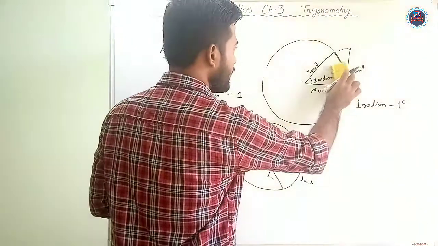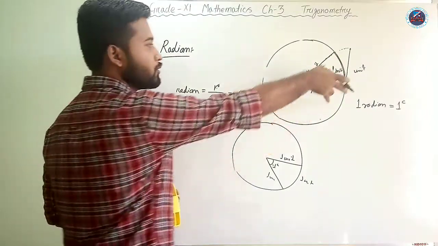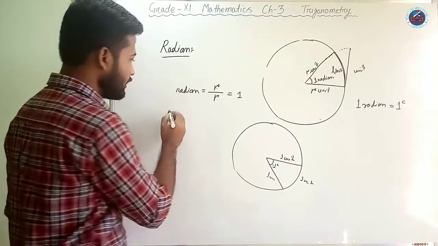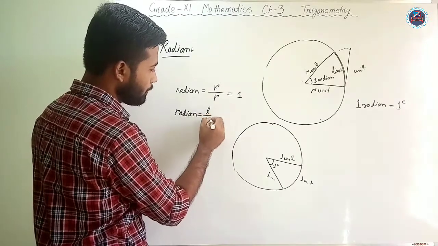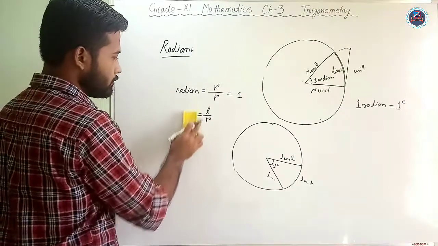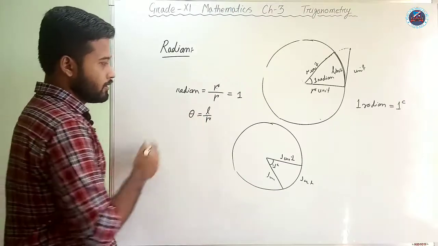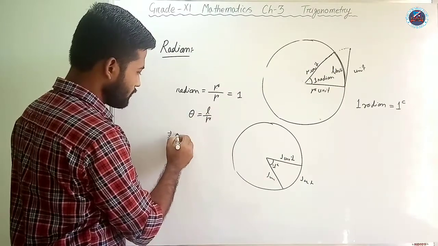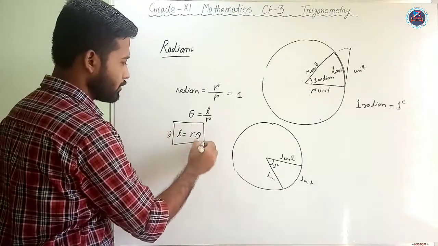Now what if I change this? We have r unit here, and if the arc is l unit, that is, we don't know, it may be of any length, then what? At that time we say radian is equal to L by r, and we cannot solve that. So in general, what we do is that we define the radian by theta. Okay, so from there we get this formula, that is theta is equal to L by r, and also we can write L is equal to r theta. Fine. So this is an important formula.